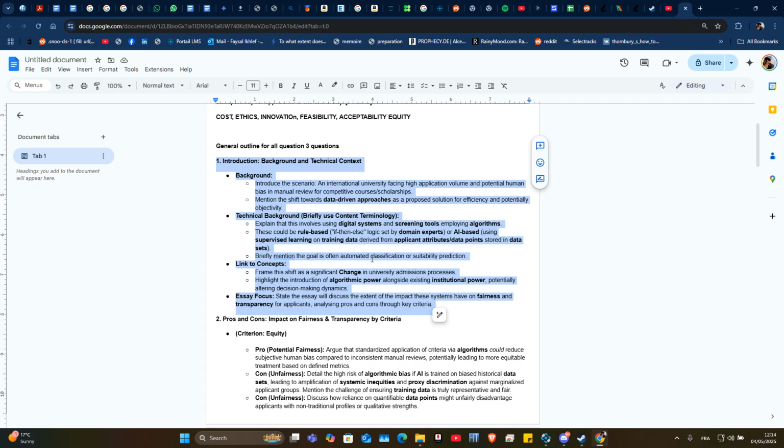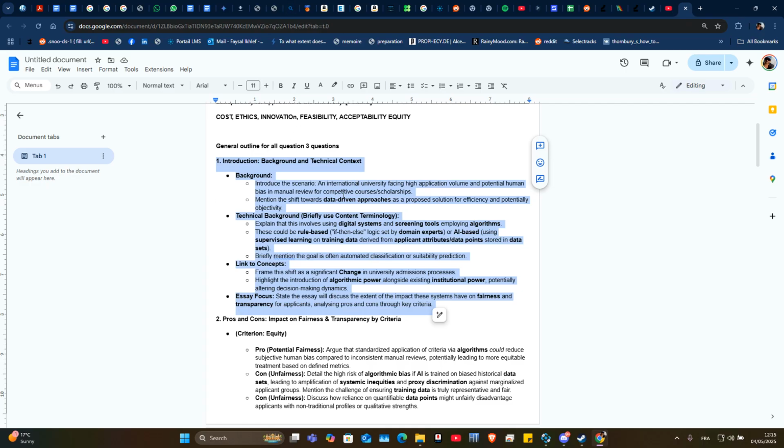So what I'm trying to say is, in the introduction, a smart student will set the scene, of course, but then within that setting, she or he will find a way to incorporate the 3 C's. So for example, if the topic is about AI systems, I will find a way to explain how this AI works, like a definition of the background of the AI. And when you do this, boom, automatically you cover the content. So boom, that's one point for you extra. And then you also find a way to link it to a concept in the introduction. So be it power, be it change, be it whatever you want, okay?